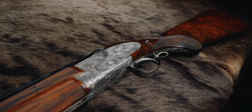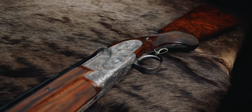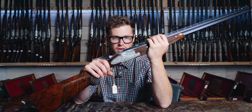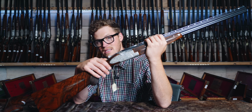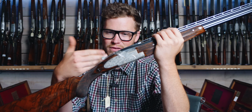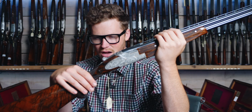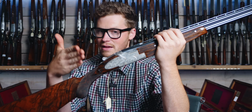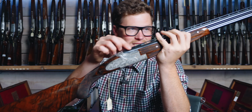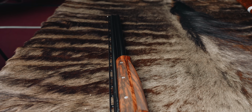They're not known particularly for having Bellino on their guns, so this is a little bit more of the type you'd expect. 26.5-inch barrels is standard of the era for a 410 and still fairly standard now, unfortunately. But in reality, there's not that much weight out the front, even with a 32-inch, that you're going to change a lot. I've shot some of the 26.5-inch 410 B25s, or a single B25 in 410 with 26.5-inch barrels with this same raised rib, and I tell you what, I didn't feel like it was a super short-barreled gun,